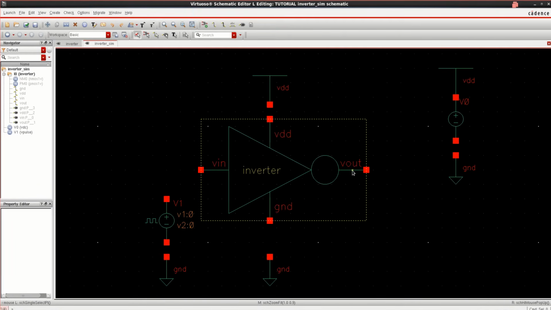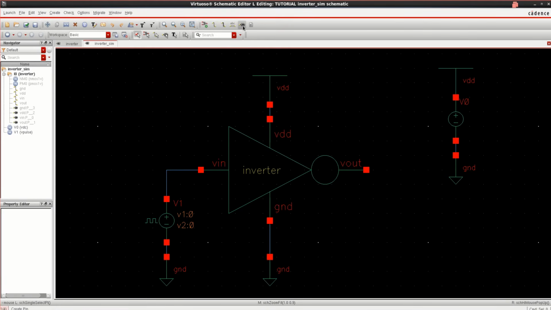Use F for fit window. Try to connect them by using the narrow wire. So connect this to this. Generally you can connect directly to this, but instead of that I am using this VDD symbol. These are equivalent. If I don't place this, it is not working; you have to define it in another way. So right now I am using this method. Connect this input with the pulse, connect this. Now these are all connected.